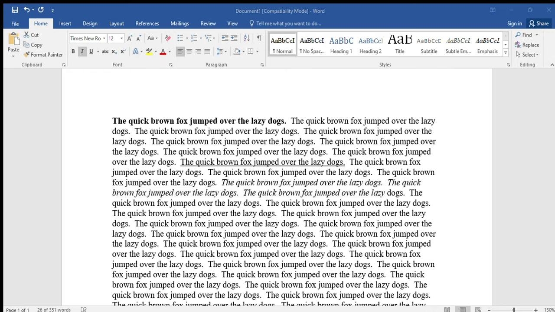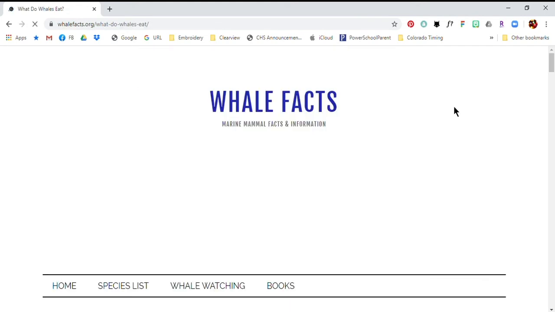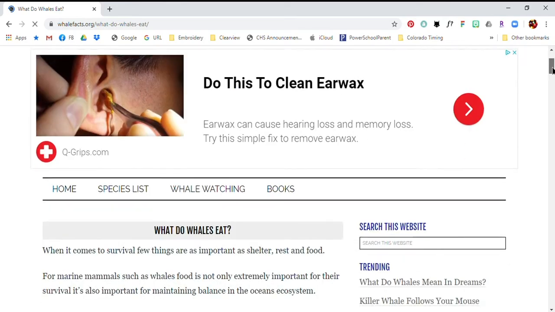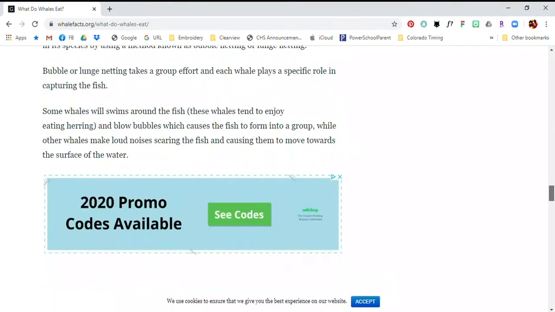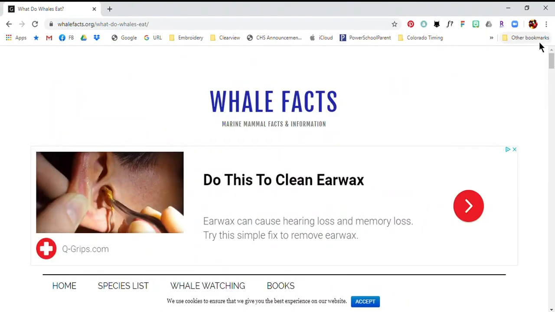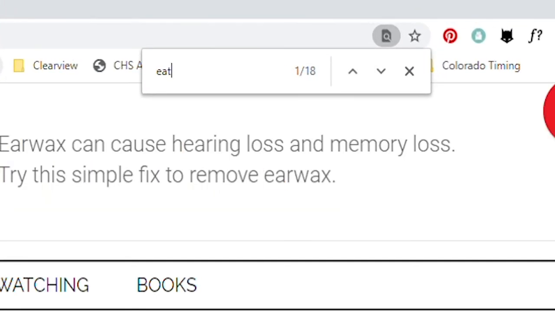But that really works well on the internet. So if I'm going to look for what do whales eat, and I click on this link, and I see that this page goes on and on and on, and I know darn well you guys are not going to read that. You're going to move on, go back to another site. Well, if you do the Control F, you can go in and type EAT,